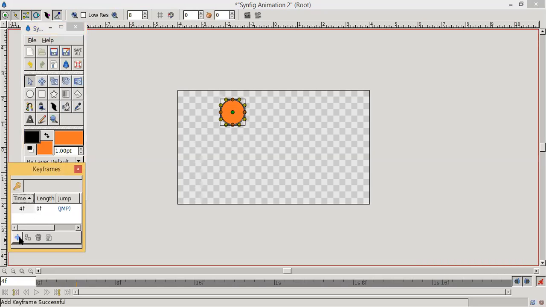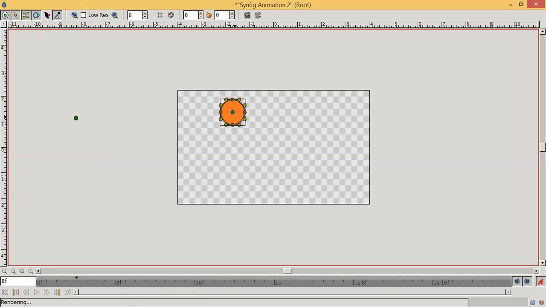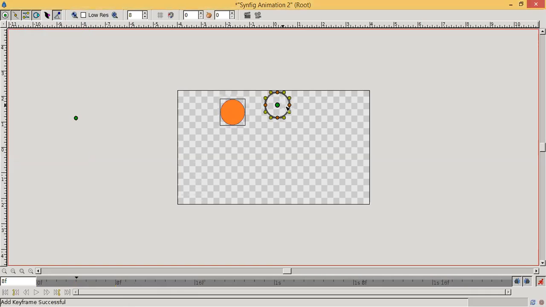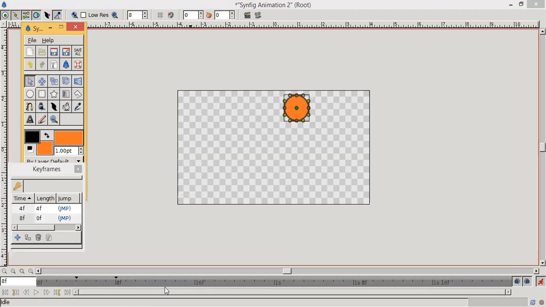Add keyframe. Then we will again go here. We will add a new keyframe. We will move the circle. We will again click here.